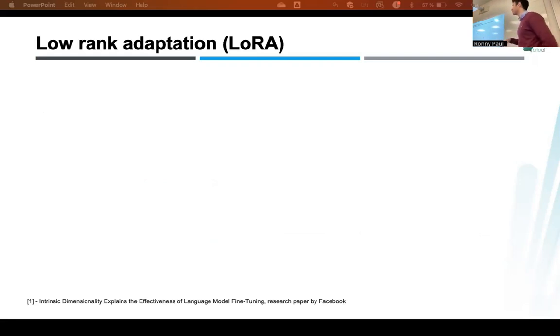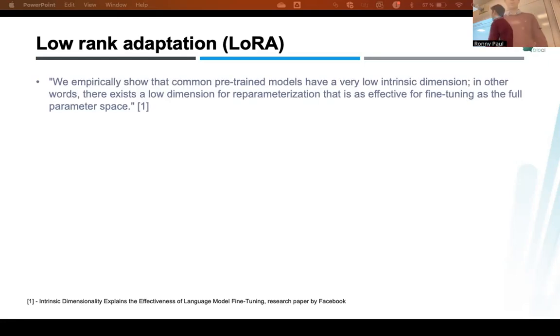It's complicated, but what this essentially means is that when we're working with a low-rank matrix, we're generally able to capture a very large amount of information within a given matrix, and we can represent it as a compact matrix. So it's compactable. With that being said, this research paper made by Facebook, this one right there, said that